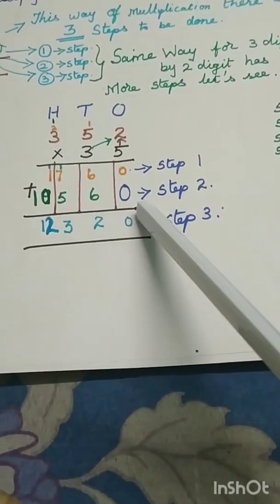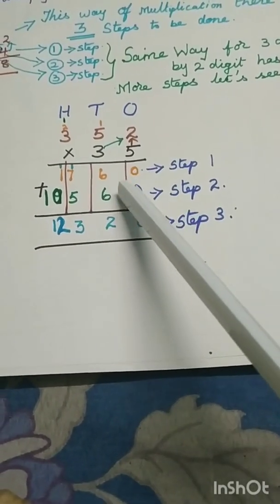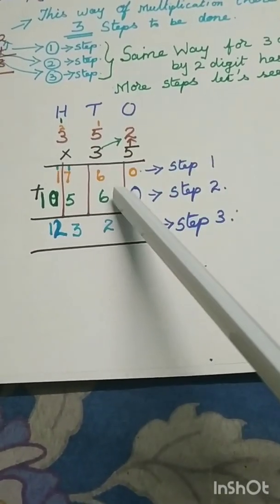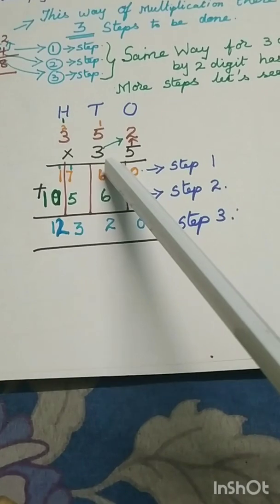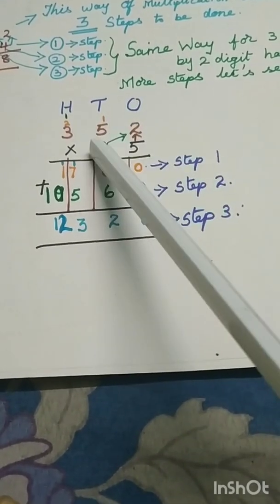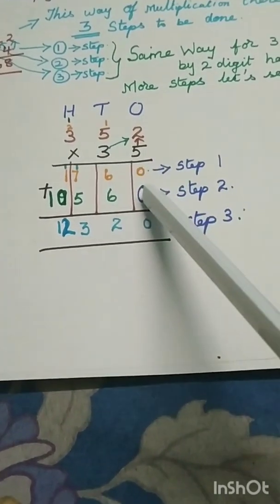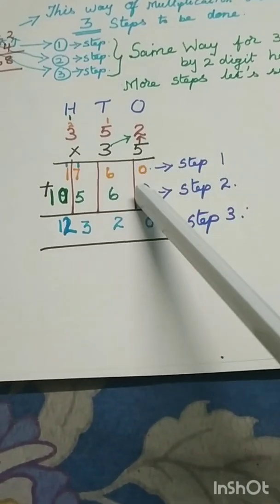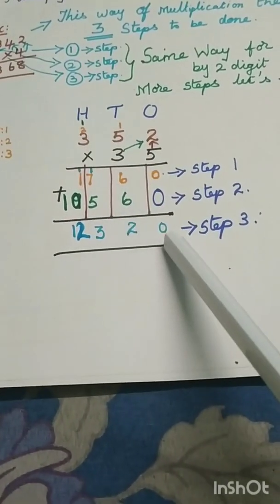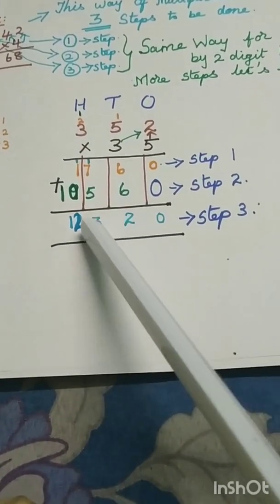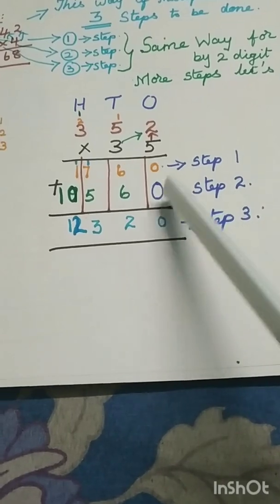That is the fourth step. Very important is the fourth step, children. Here you have to put 0 for the ones place, always, for all the sums. Why? Because this place you are going to multiply the tens. This is the tens place. If you have to multiply, you have to start from here, not from here. So the ones place is always 0. If there is a hundreds place, you will put 0 for the ones and 0 for the tens also, then continue with the hundreds. You understand? So always you have to put 0 for the ones place here.